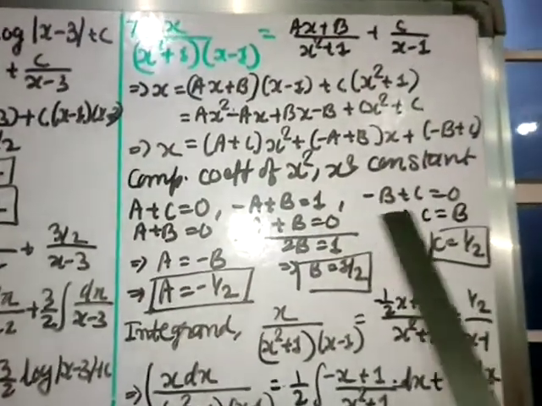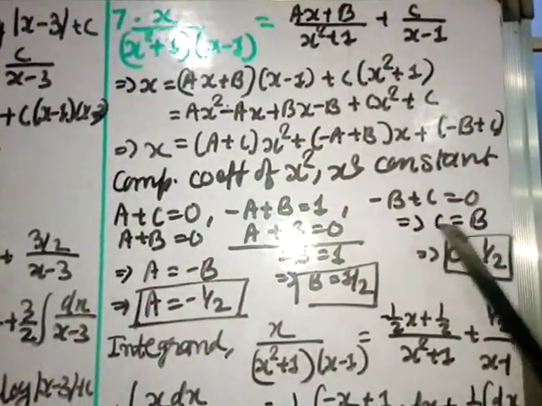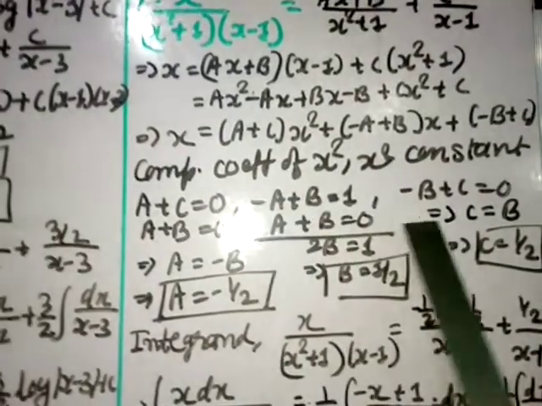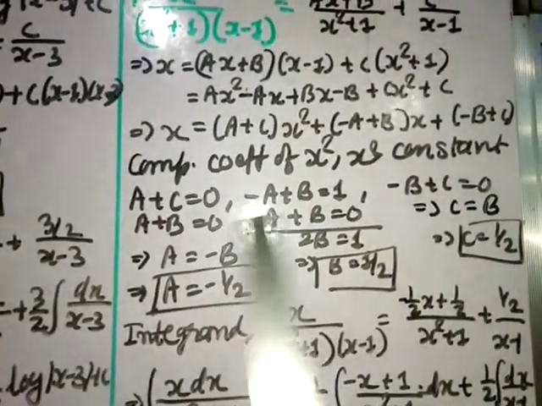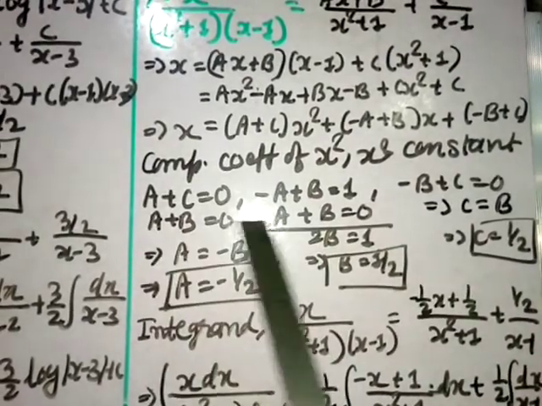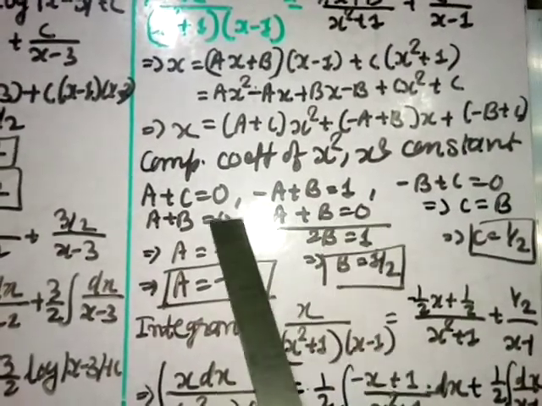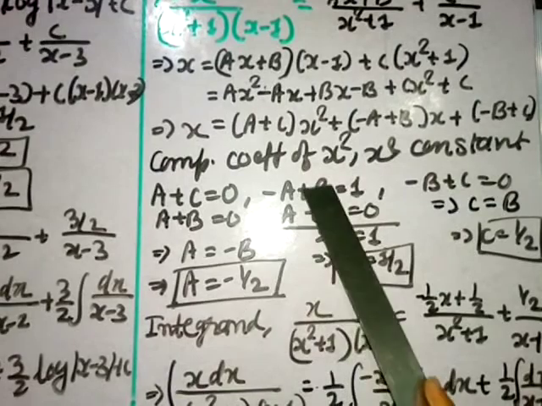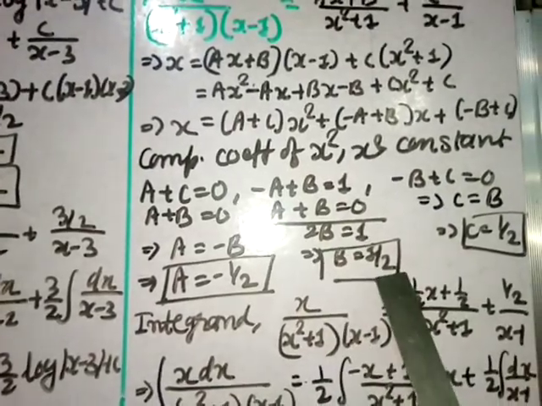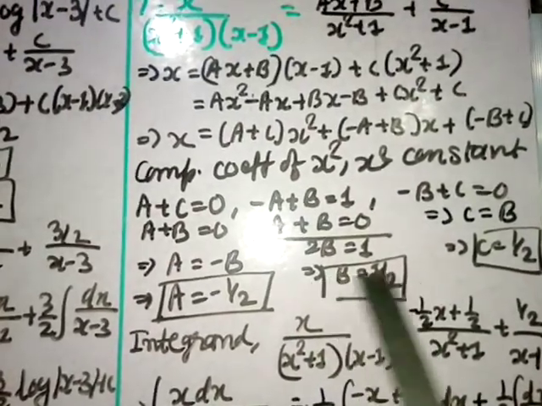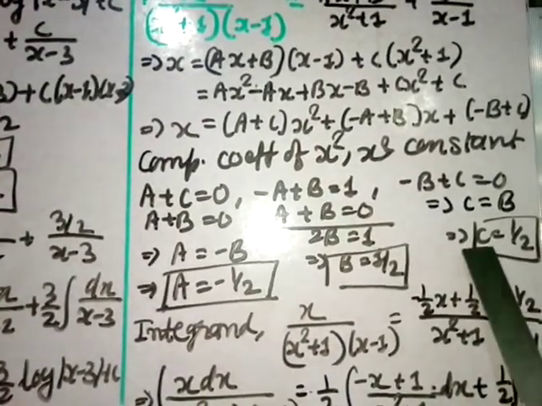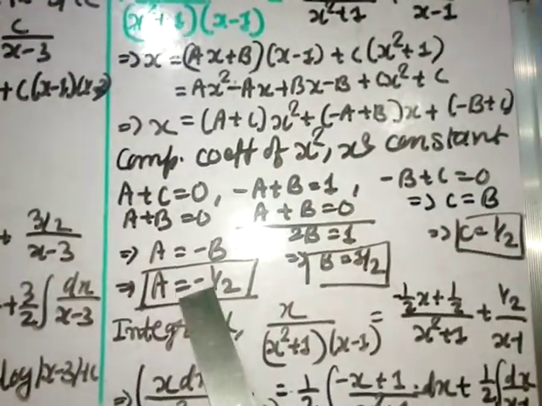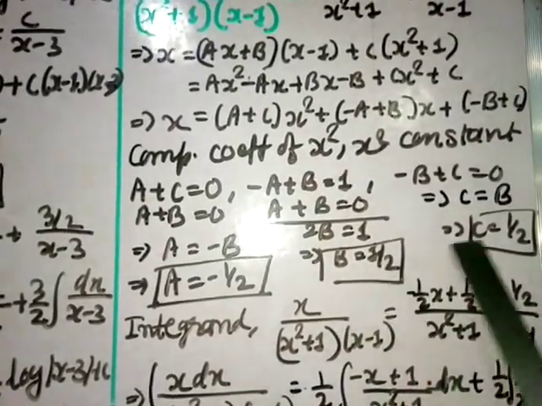Okay, so from here if I transfer b here, it will come c equal to plus b. And this c value I'll put from here to here. So instead of c you put b here, and this value you place here. So a plus b equal to 0 here. So a cut here gives 2b equal to 1, so b equal to 1 by 2. So b value put here, so a value is equal to minus 1 by 2. Okay, and c value also 1 by 2. So we have found a as minus 1 by 2, b as 1 by 2, and c as 1 by 2.